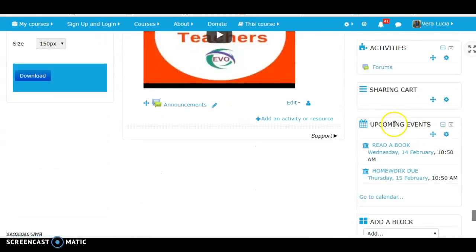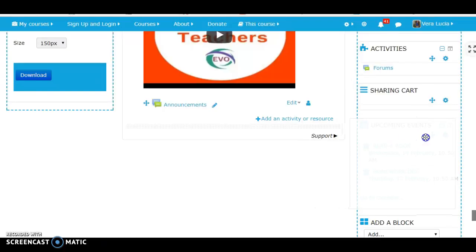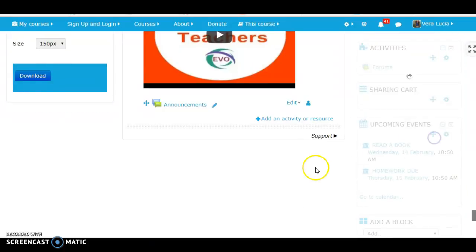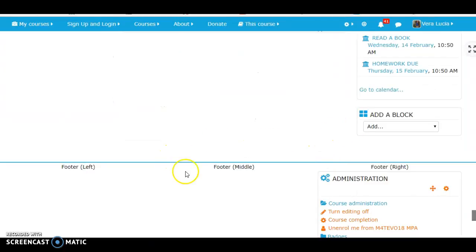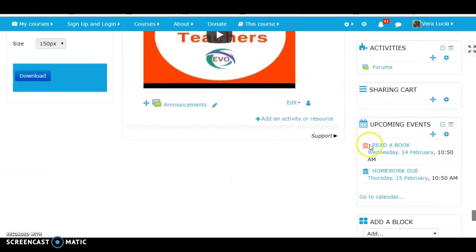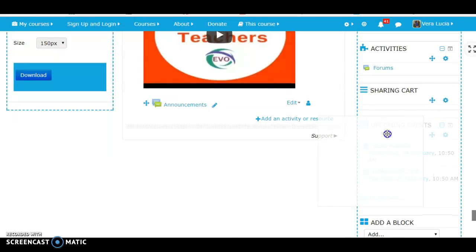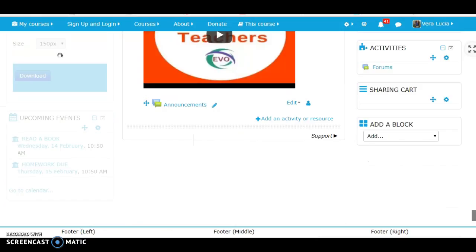So upcoming events will show here. This must be some previous activity, some previous event somebody has already posted. I can, with this little cross, I can move it around to be shown, to be presented on the page as a footer, left and middle or right, or I can also scroll it, drag it to the other side, to the,